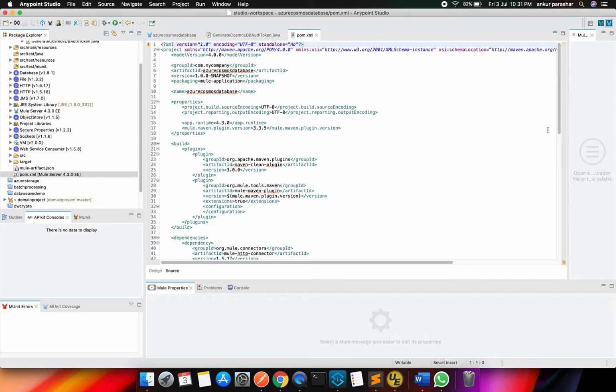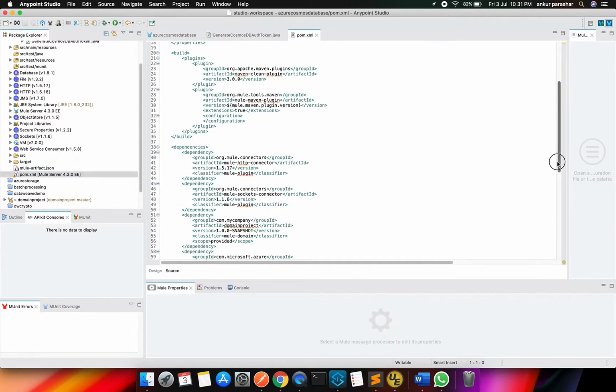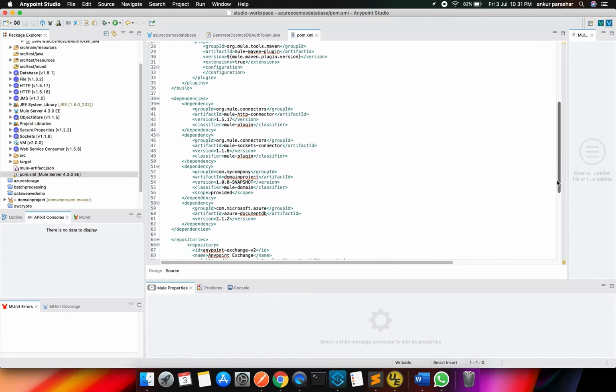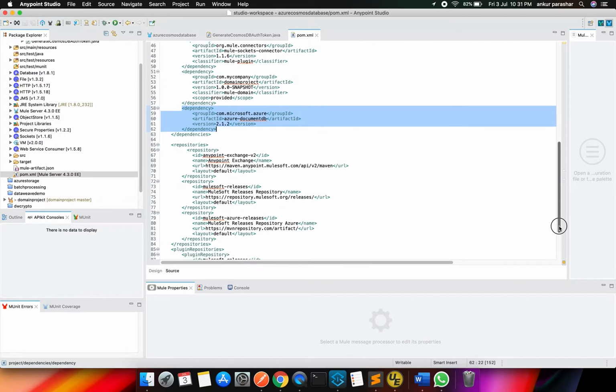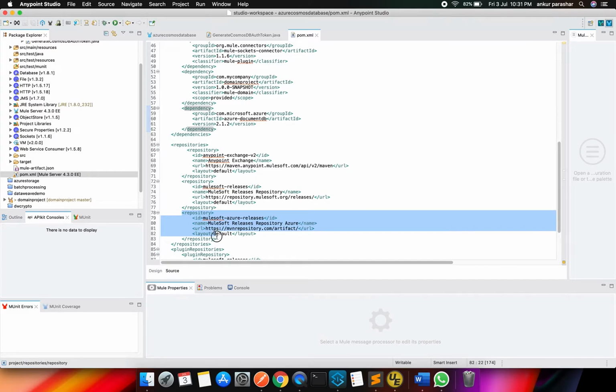I'm just pinpointing directly to that particular thing. This dependency is being added: Azure Document DB, and 212 is the latest version which I am using. Similarly, this repository is also being added.